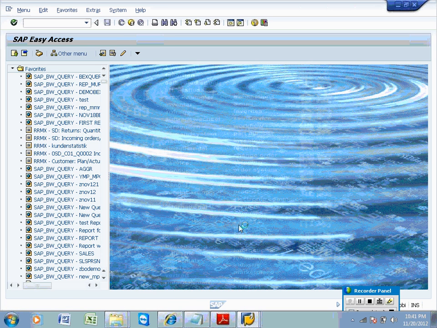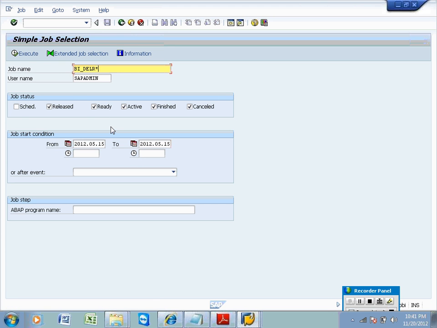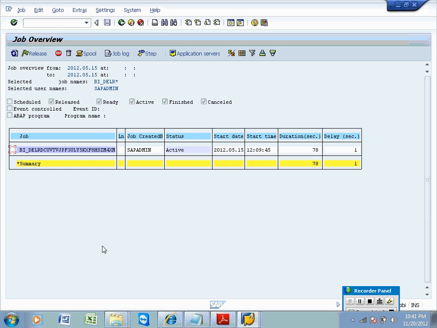You can see this information in the DA, in the branch and action particular. Deletion processing is active. The work processes are being occupied, and that's the reason all these processes are taking a lot of time. Otherwise deletion and the activation process won't take this much time. See, to delete the data also it is taking a lot of time.